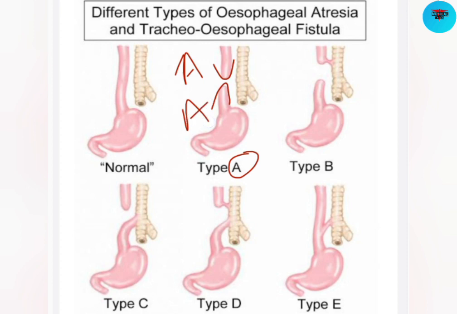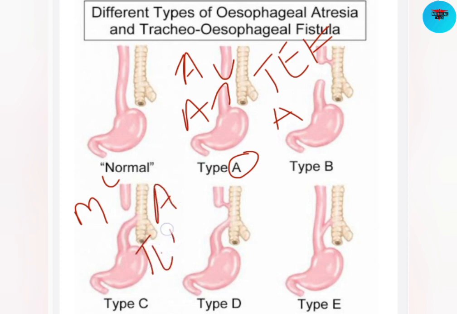In type B, second, there is a connection between the proximal tube and trachea, but distal is atresia. It means there is a proximal tracheoesophageal fistula and distally there is atresia. In type C, which is the most common, proximally there is atresia and distally there is a tracheoesophageal fistula. Okay, in type D, both proximally and distally there is a tracheoesophageal fistula, and in type E both tubes are patent, but the esophagus has a connection with the trachea. Okay,